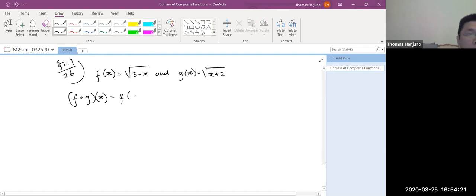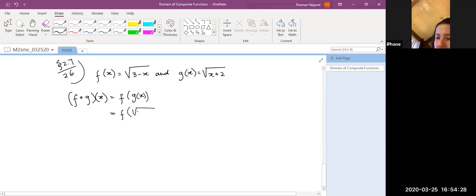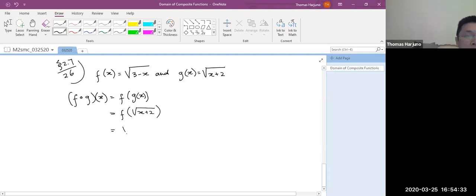That's f of g of x. That's f of square root of x plus 2. And this is square root of 3 minus square root of x plus 2. Now, that's the resulting function. Now the domain, first, the domain of the final